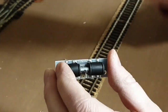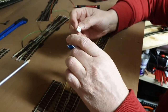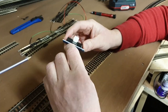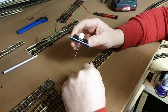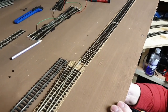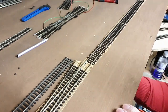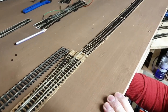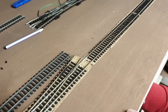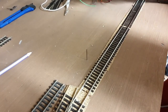Now to fit these, drilled a small hole. I've got a little piece of plastic here that I slide over the bar underneath, and that keeps this in the center. And then we just find the hole underneath, so while you're holding the point motor in place, take the slip,